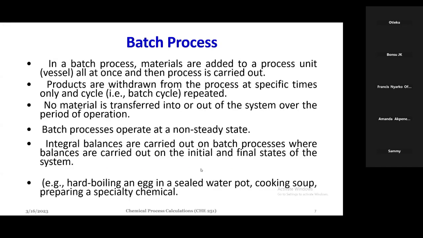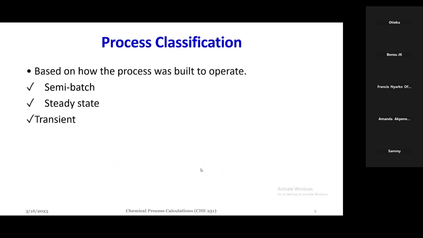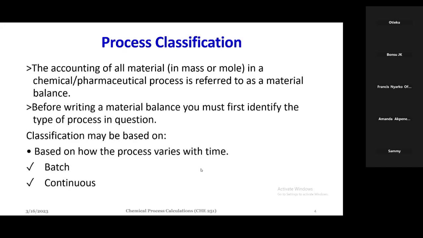Now I've already spoken about the batch processes and I also spoke about the continuous process. Now with a continuous process, we can choose it to operate at a steady state or unsteady state, whether we want the process variables to change with time or not. Right. So you actually determine if your continuous process is going to operate under a steady state condition or unsteady state. There are two main processes, right? And then the process